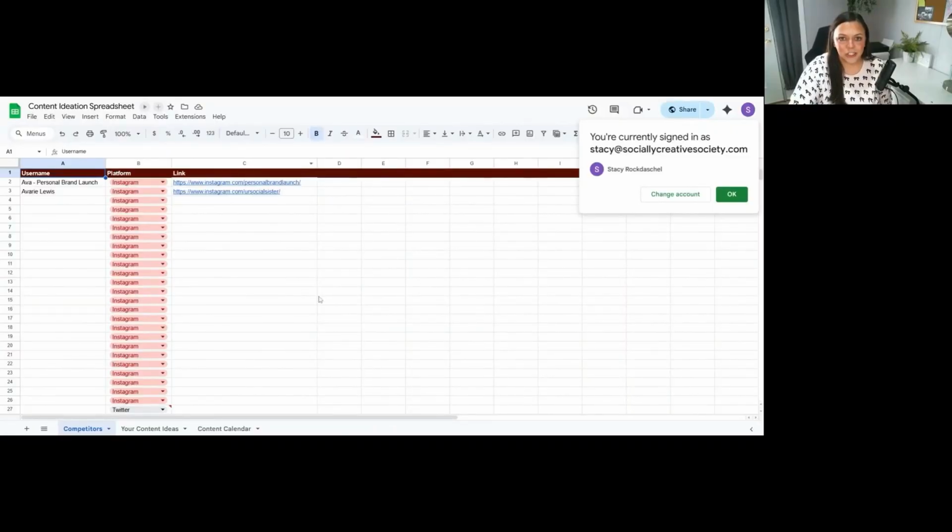Of the content spreadsheet, what we're going to do is pull up the very first tab here, and yours should be blank. We're starting with our content research and a competitor analysis. It may sound daunting, but honestly, it's not hard to do at all. It's just a little time consuming, so let's jump right in.